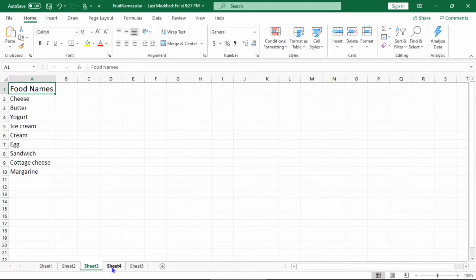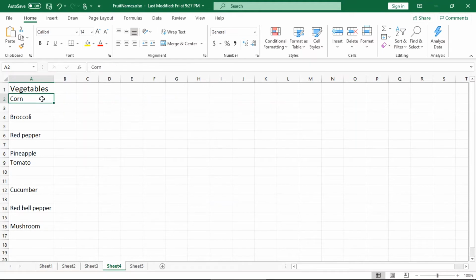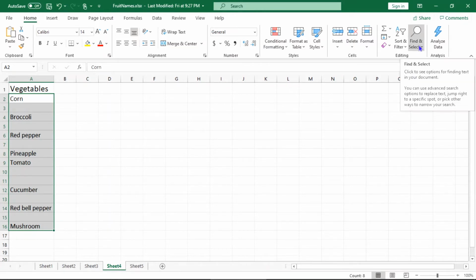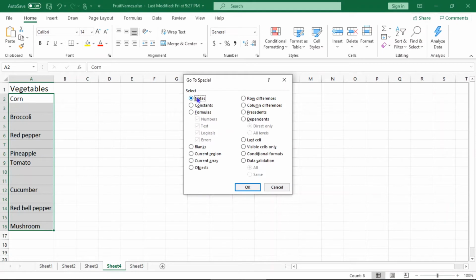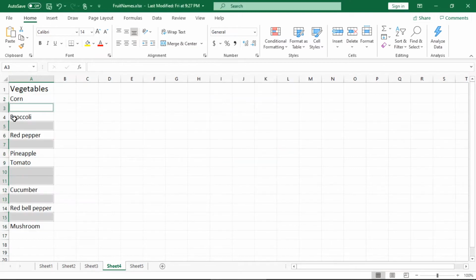Now we will go to the fourth sheet, select the data elements from which you want to remove the blanks, and click find and select. Go to special, and under the select options, click the radio button blanks. Click OK. Now all the empty cells or blank cells have been selected.